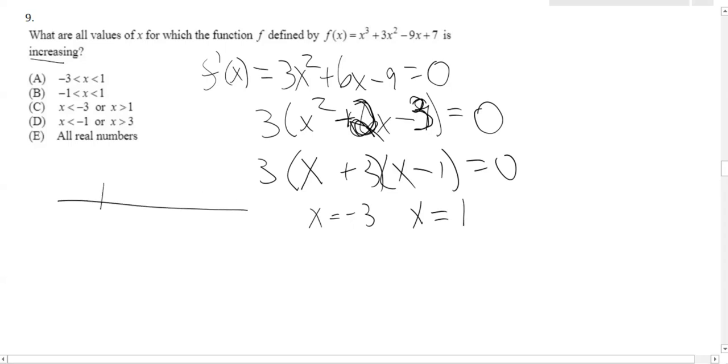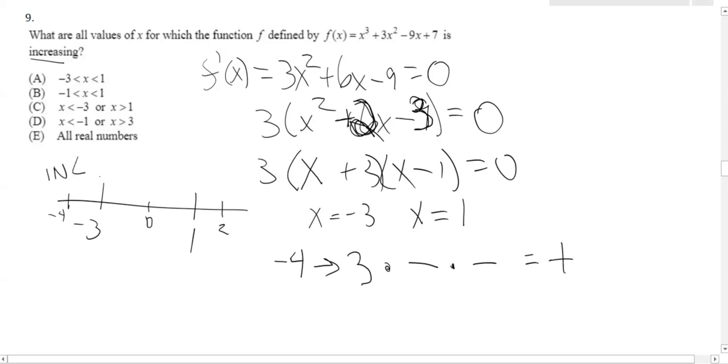So we could set up our sign chart, negative 3 here, 1 here, and then I'm going to pick a value before, between, and after each critical number. So I'm going to pick negative 4, 0, and 2. When I pick negative 4, the sign of the derivative, I'm going to use the factored form. You would have the 3 out front times, if I plug in negative 4, that first factor is going to be negative. The second factor is going to be negative, which ends up giving me a positive,